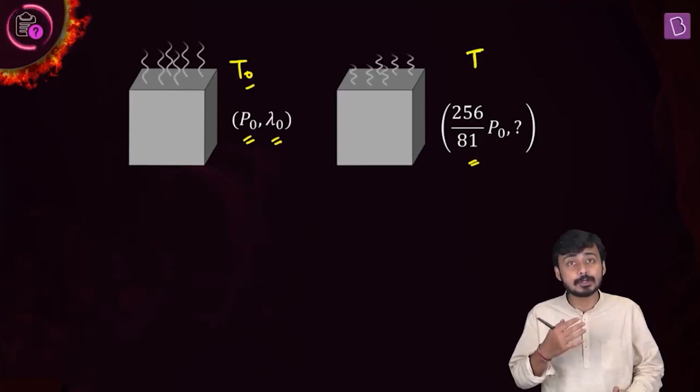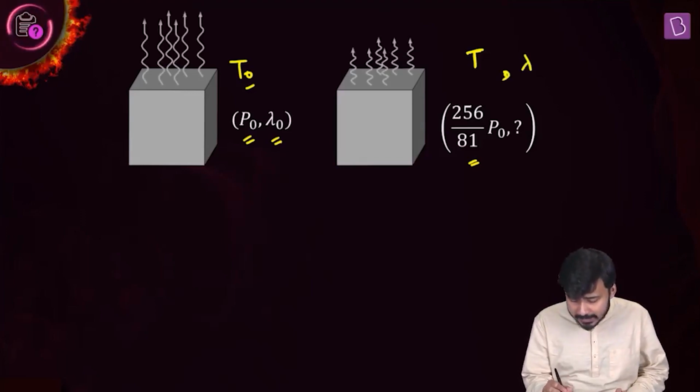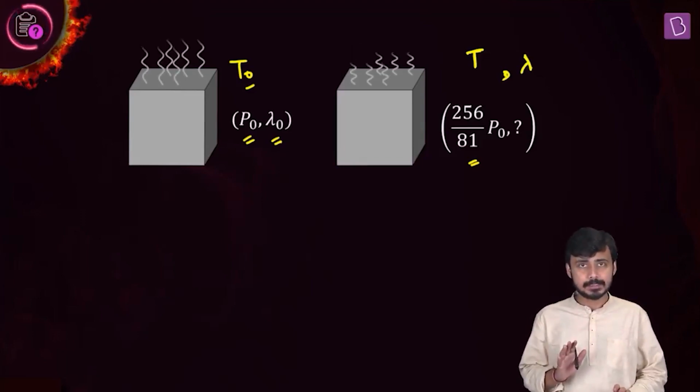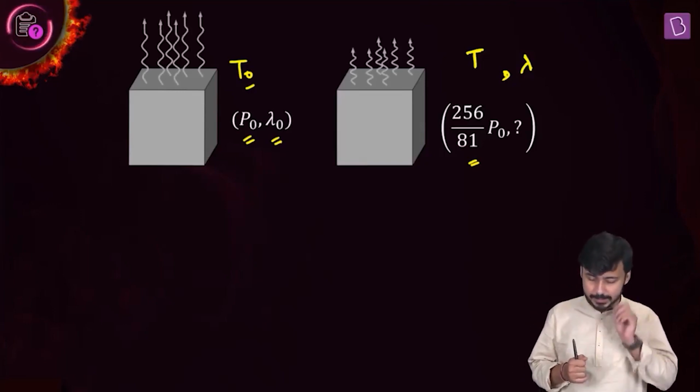It emits the energy at a rate of 256 by 81 P naught. You have to get what is the wavelength corresponding to the maximum energy. Let's say the lambda m, or lambda naught, changes to lambda, right? Okay. Now,